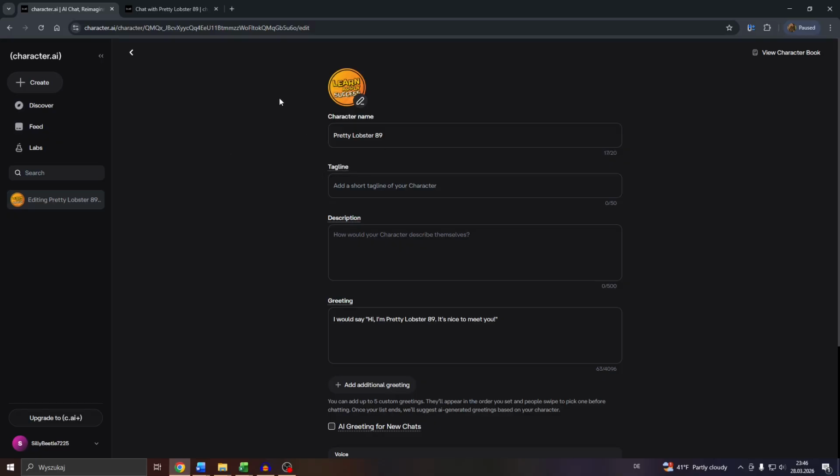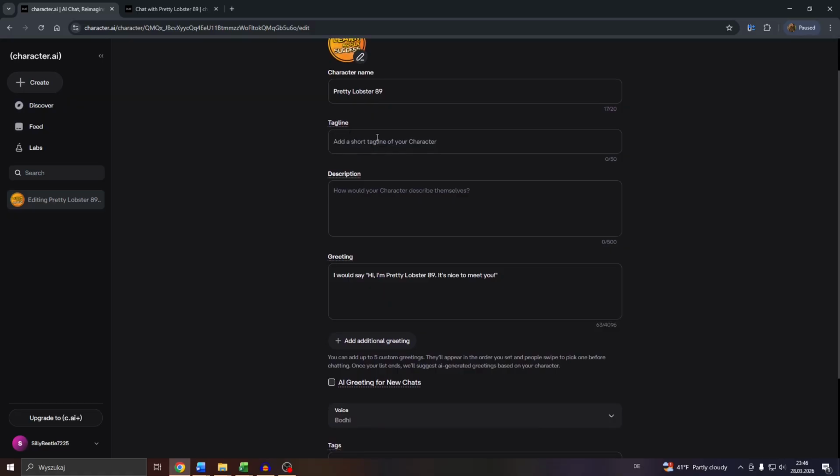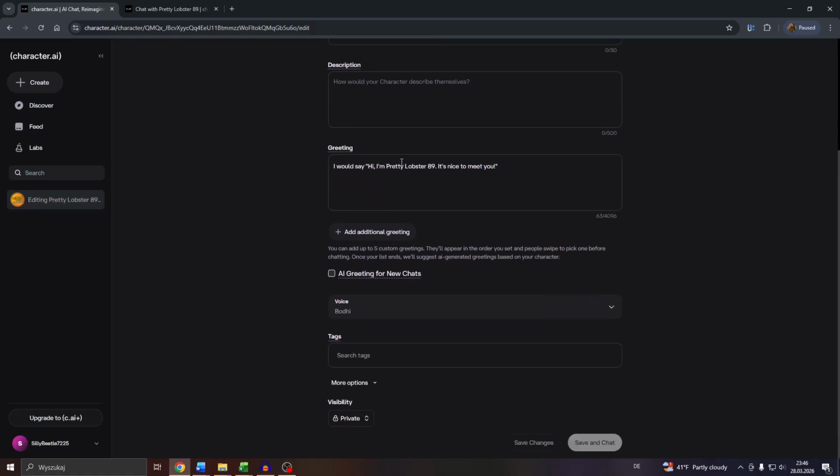For example, change its name, upload a different profile icon by clicking to the pencil icon, view the character book here in the top right, and customize and personalize all of these fields here, the tagline, the description, a customized greeting you would like to be greeted with by the AI character, add more character greetings, change the voice here,